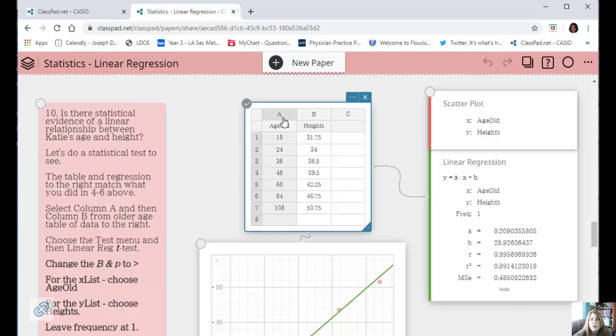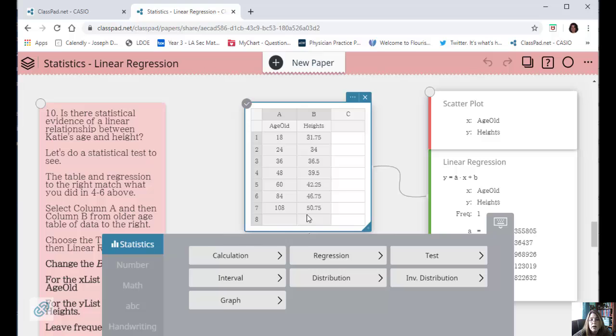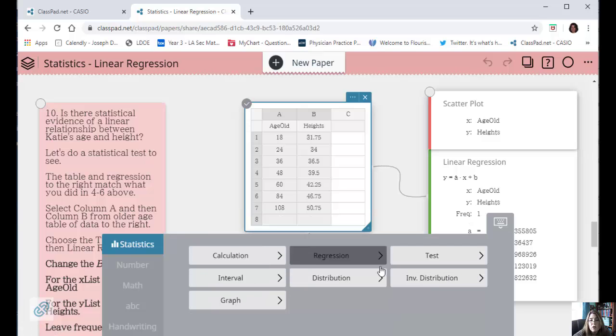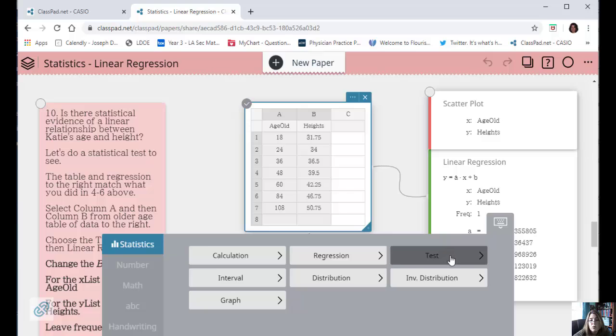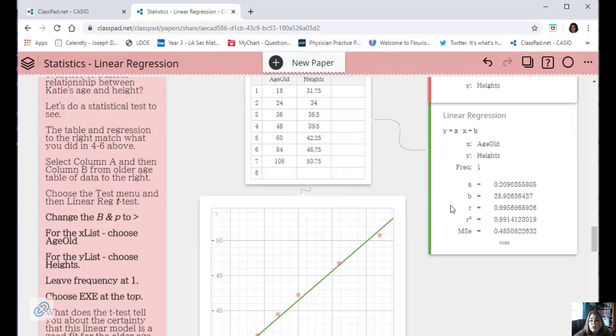With a t-test, you'll notice we have a lot of options when we're in the statistics menu. When I select those columns, we already did the graph, and above they're doing some regression lines, but then there are all of these other things that you can do, and we're going to be looking at some of the tests. So we're looking at the linear regression test. Is that line of fit that you thought fit your model really a good model? This is what's the probability that it's a good fit? So that's what they're doing in this section.